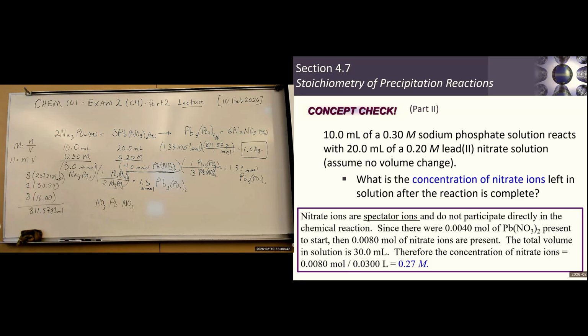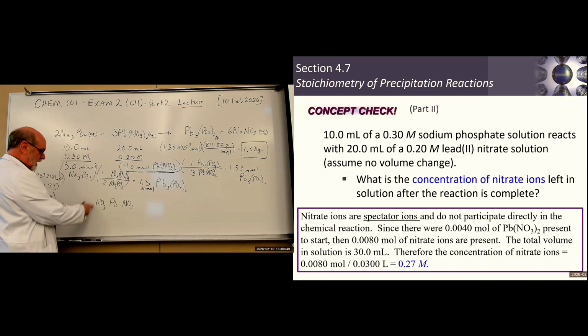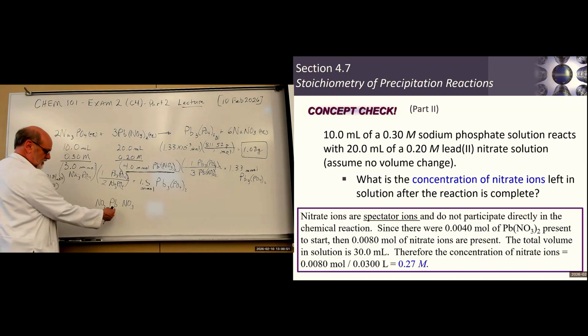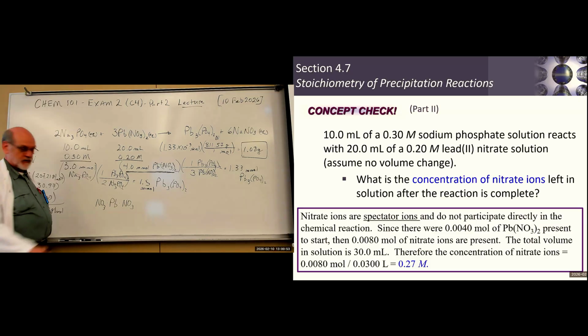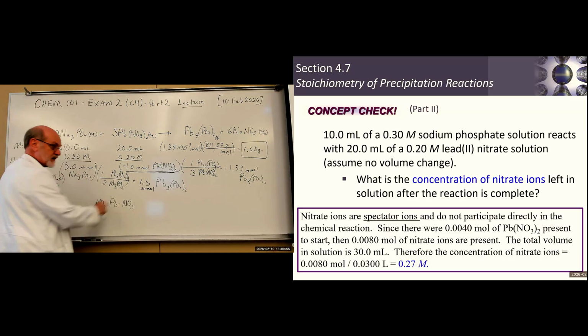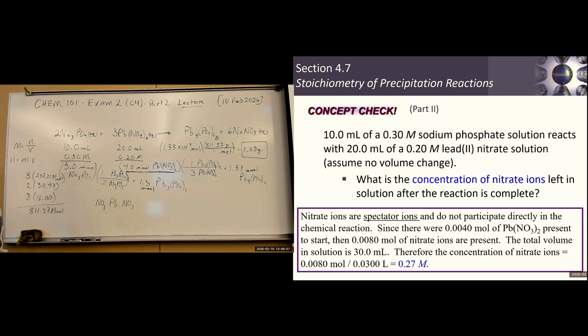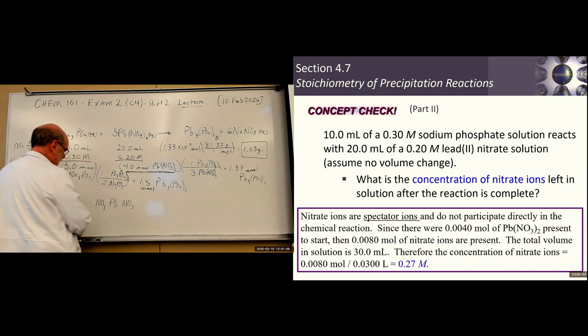Right? 2 nitrates for every lead. So if we got one of these, we've got one of those. But if we got one of those, we got 2 of these. It is twice as many nitrates as it is the whole. Okay? All right, so what we actually have is